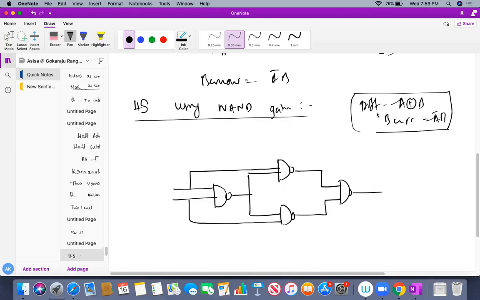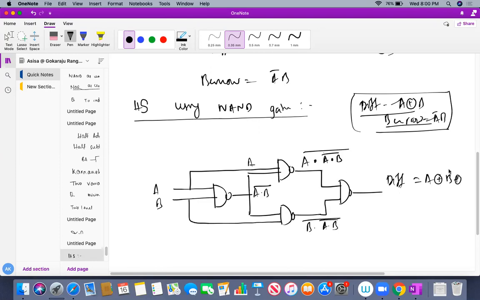So our half subtractor has difference A XOR B, and borrow, which is A bar B. This circuit gives me the A XOR B, so the difference I can get here. This is my A, B. So this will be A and B bar, whole bar, and this will be B and (A and B bar) whole bar, and finally if I solve this, you will get A XOR B. Do you all understand? It's very simple. The next part is that we have to design our borrow part.